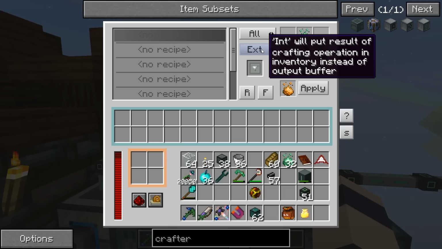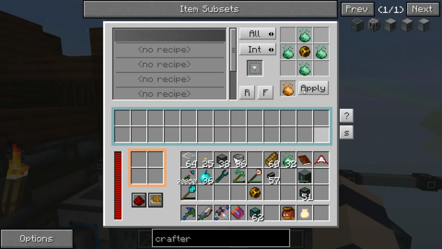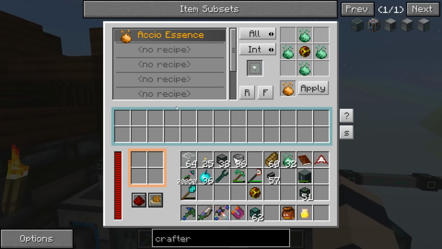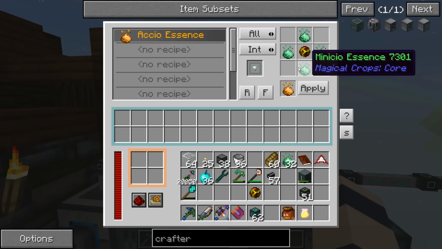And we wanted to use its internal inventory. Internal will put result of crafting operation in the inventory instead of the output buffer. So that means when it crafts something, it's going to go into here, not into here, if I remember right. Apply. Which is good if we want to craft the next step after that. Okay, so let's...